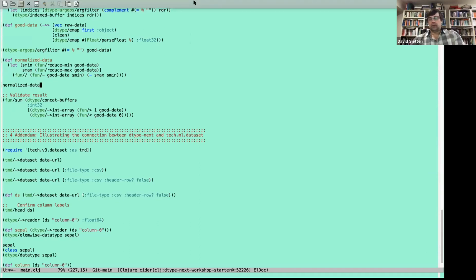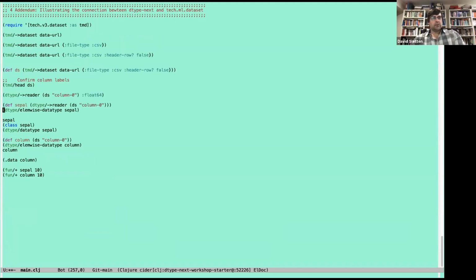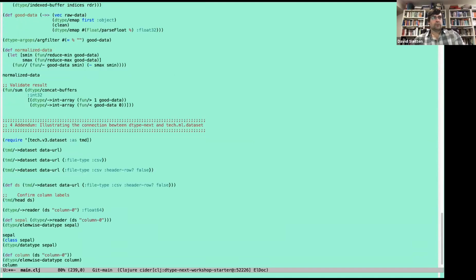We're going to move on to what I think is the final chunk of the workshop. This is a little bit higher level. We're going to explore some integration between, again, our low-level dtype-next library and the TechML dataset, which is built on top of that. So the steps we just took